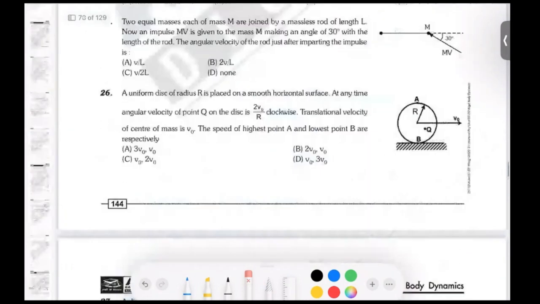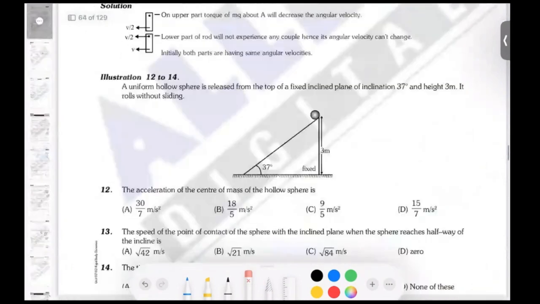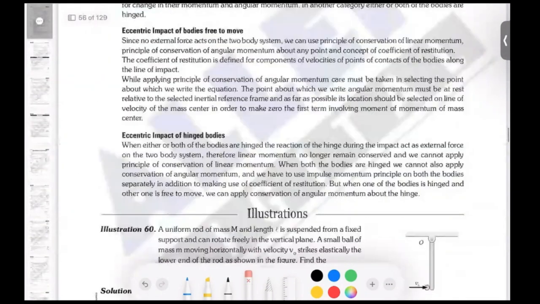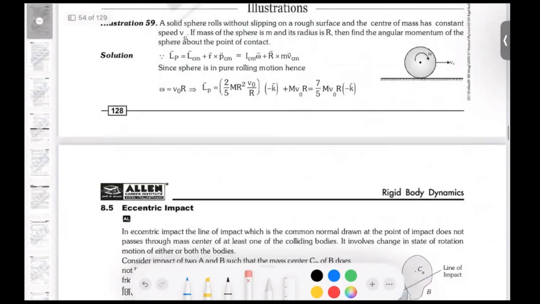So angular impulse is also over. So our syllabus for RPD is over, except one extra topic, that is instantaneous center of rotation. Okay. Now,